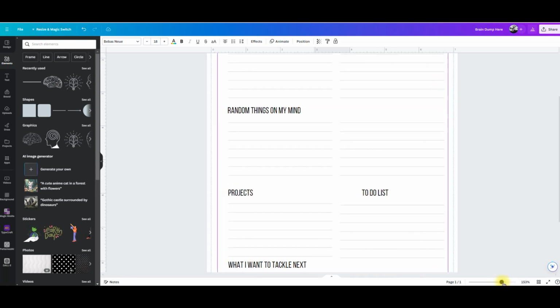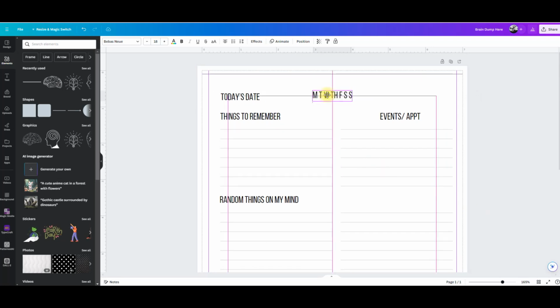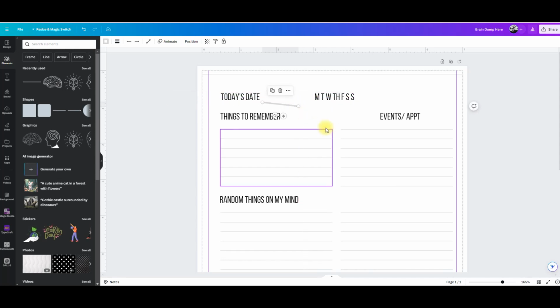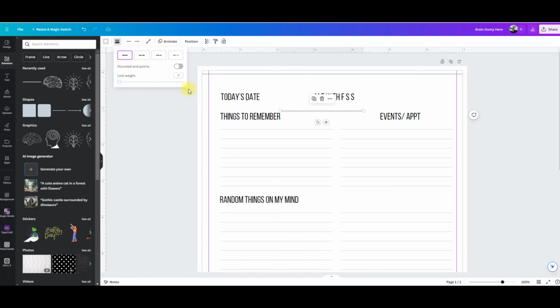So the idea, just zoom in again, sorry. The idea here, make sure it's lined up properly, is to, when you have the months or the days like that, you just circle them when you're doing a diary. And then I'm going to just grab another line. And I'm just going to put that, oh, what are you doing, you silly thing? Let's try again. Let's do a weight of 1. Enter. Let's try and get that